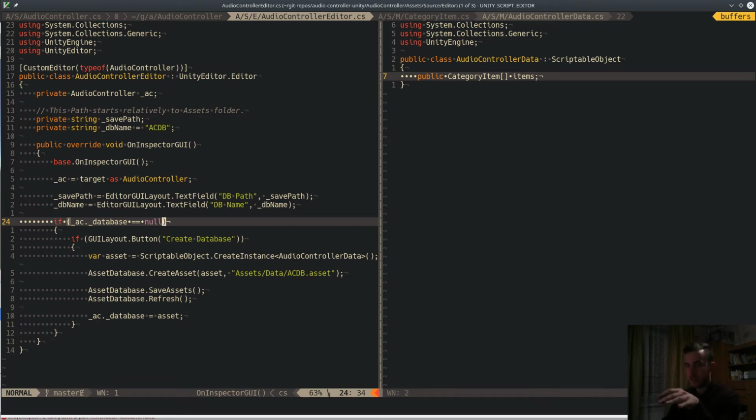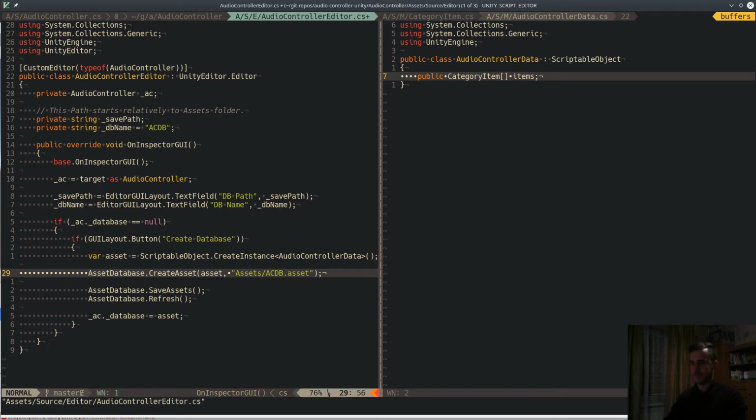If it doesn't exist in that save path, then we give the option to create the database. So first of all we need to make this string ourselves,